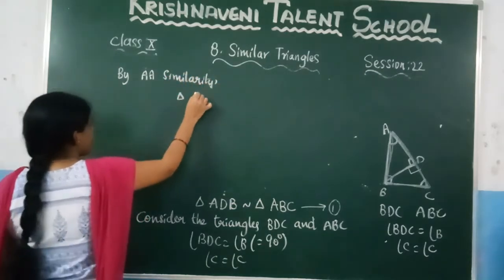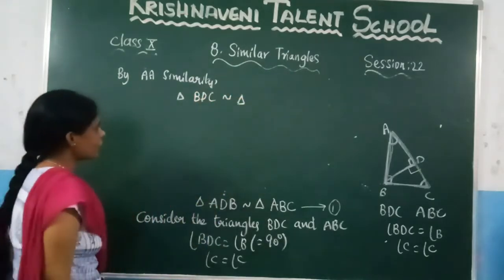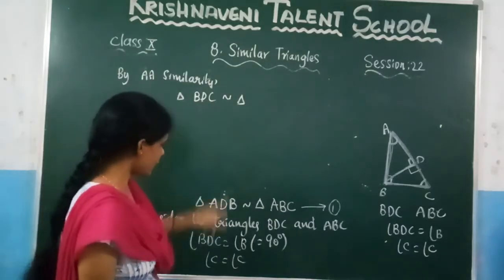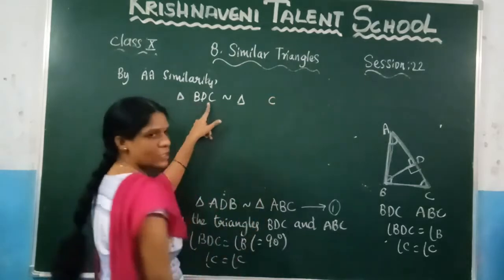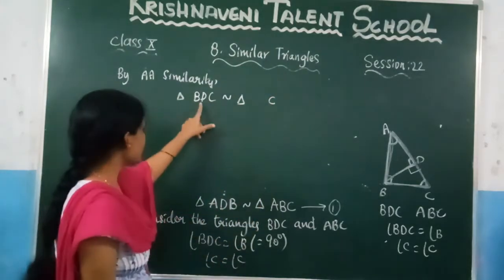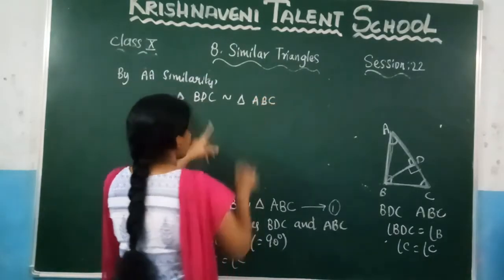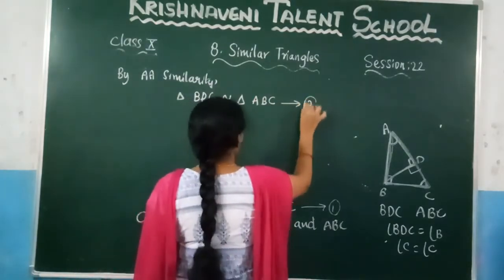You can say here, the triangle BDC is similar to, again while writing the angles you need to check which angle is equal to which angle. Here you know that angle C is equal to angle C. So in place of C you need to write C. And after that we know that angle D is equal to angle B. So in place of D you need to write B. What is left out here, which is ABC. Now let us consider this as equation 2.